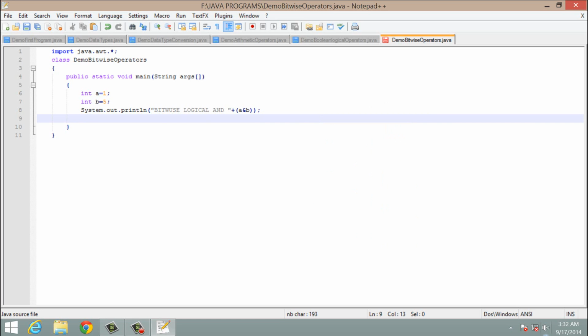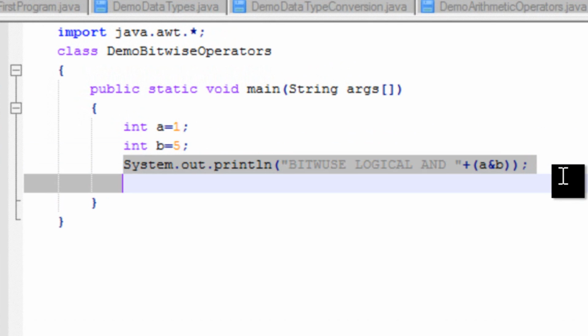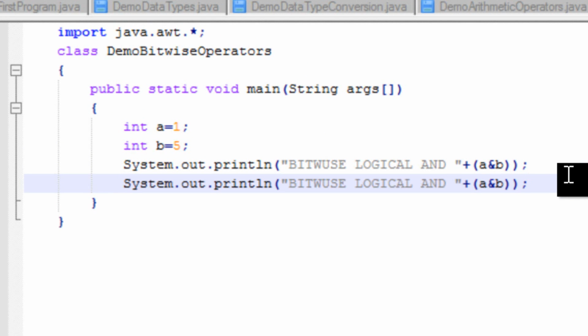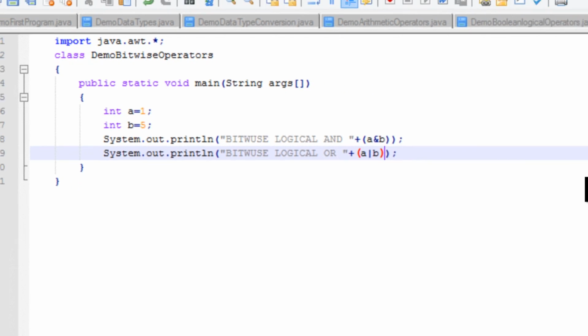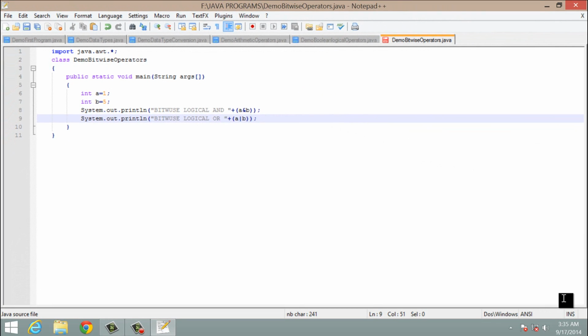Now let's see how we can use it. I will copy this statement and I will paste it here. Just need to make some changes. Here this is OR operator and this is how we can use bitwise OR operator.